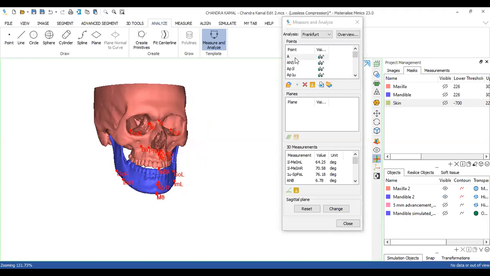And when you hover onto these points, just in case you're not aware which point means what, if you hover onto it, it will tell you, like, apex of lower incisor. When I put it on apex of upper incisor, so these points, just when you hover over, you can come to know where you want to mark it. Then you have to click on this indicate. When I click on the indicate option,